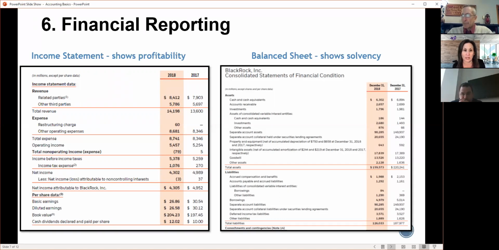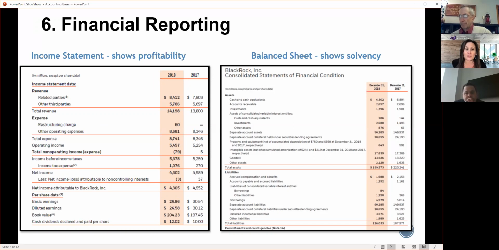So there's two things I want to share with you here. First off, if an organization only shows you their income statement, that's not enough to know whether the organization is actually doing well and has good financial health. And if they only print off a balance sheet, that doesn't show you enough either, because it only shows their solvency. They might have some assets, but they also might have a lot of debt, and we don't know anything about how much money they have earned. So organizations have to print out these and a couple of other reports, and you have to look at them together, because the narrative together is what gives you the whole picture.